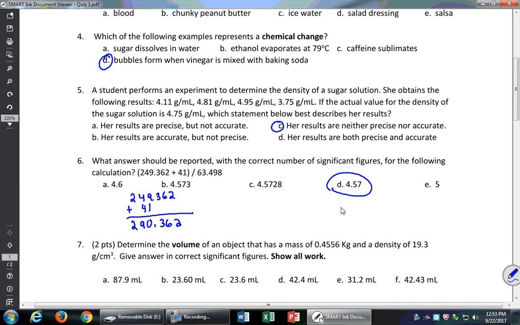I have a question. Yeah? I thought when adding you had to use the lowest number of decimal places. No, lowest. We can only be as